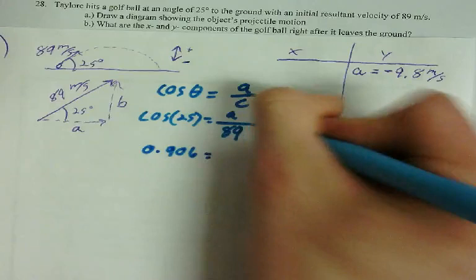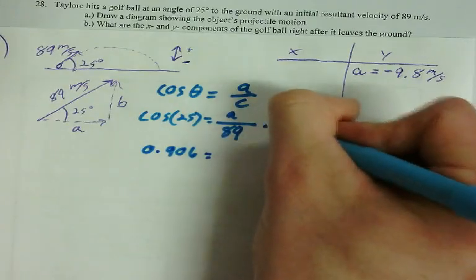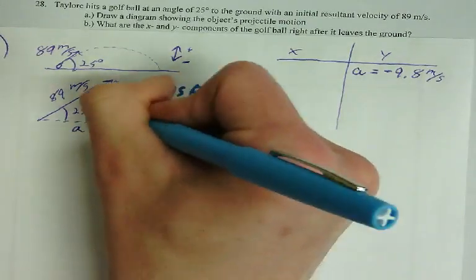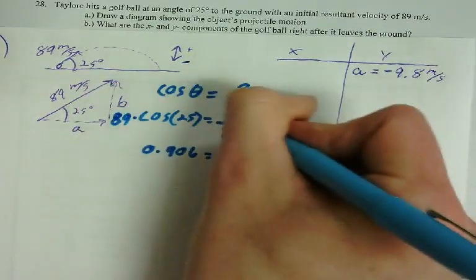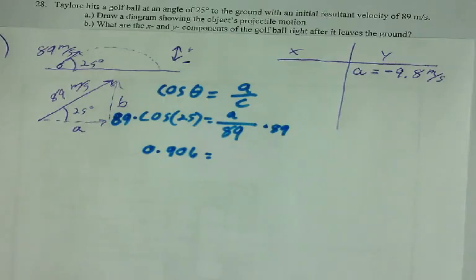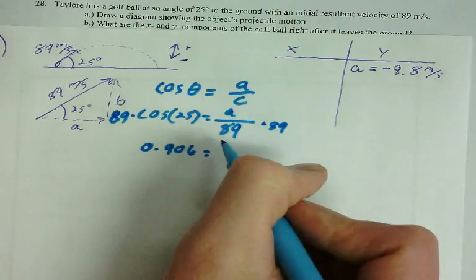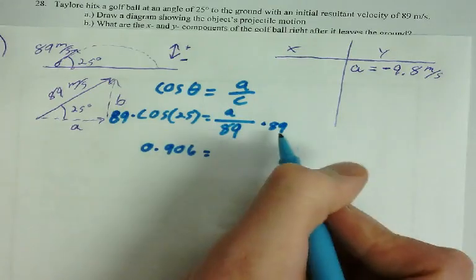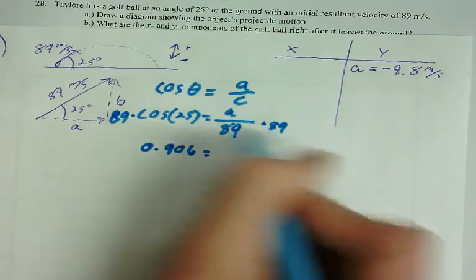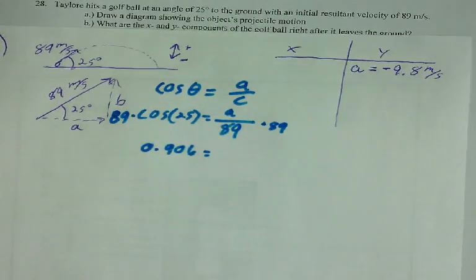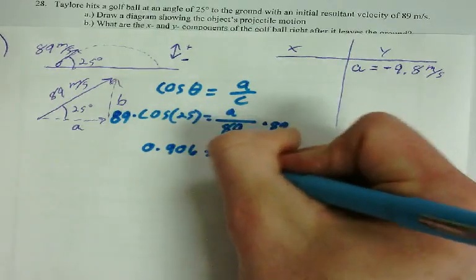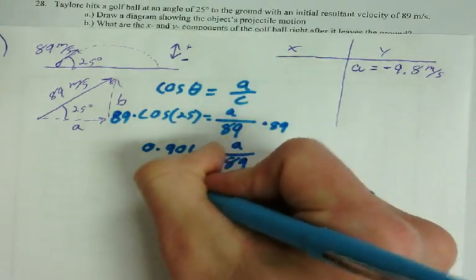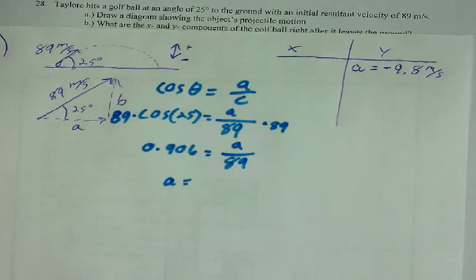And then I'm going to multiply both sides by 89 because I'm trying to get the known value. The thing I'm wanting to try to find is A. So the opposite of division, which is what we're doing, we're dividing A by 89. The opposite of division is multiplication, so I'm going to multiply both sides by 89. When I do that,